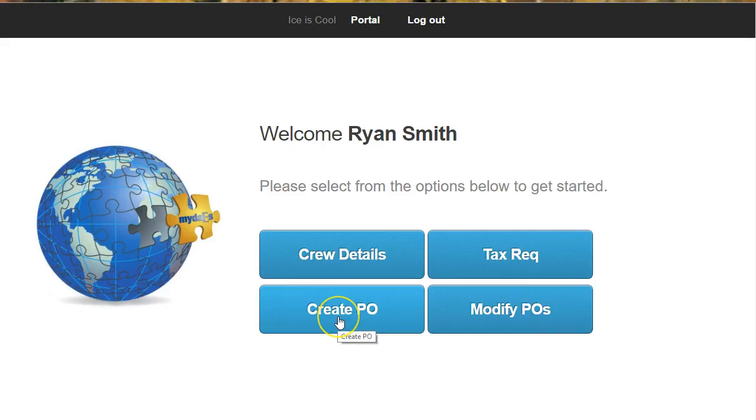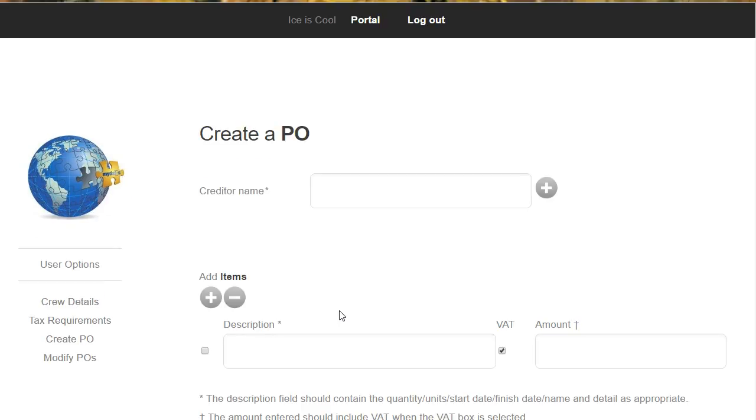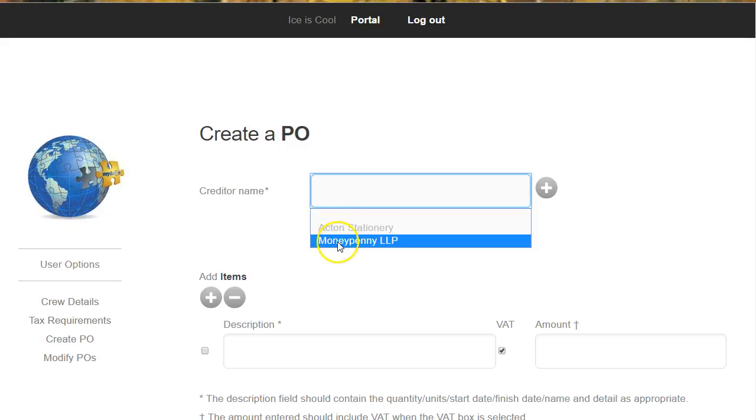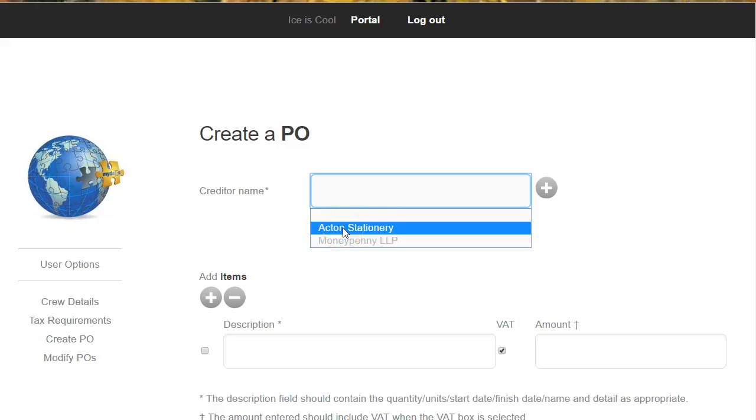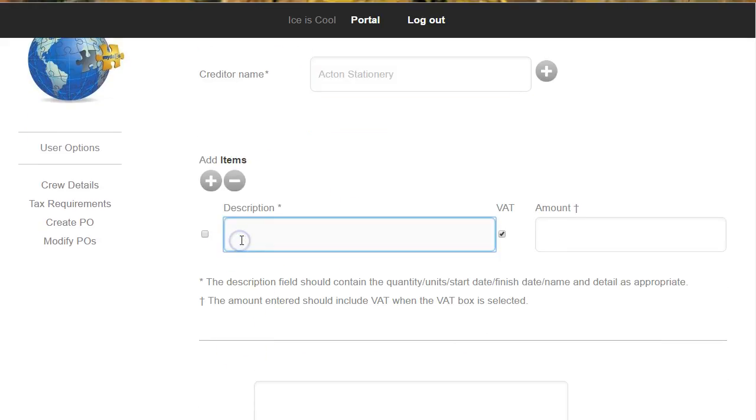Right, so let's just go and try to create a couple of POs so you can see how that works. Create PO comes up here with the screen. Here is the creditor name. If you click on that, you can see it'll give you the creditors that are already in mydaEs. So we'll just pick Acton Stationery as the one that we always use. And then here is where you put in the description for our PO. So something like